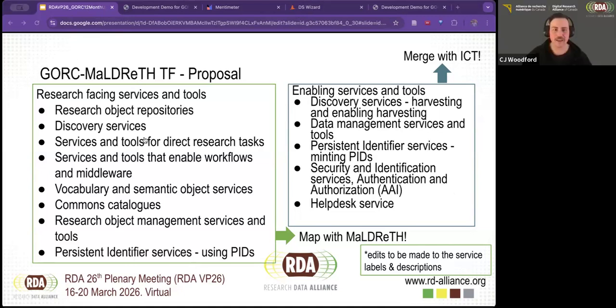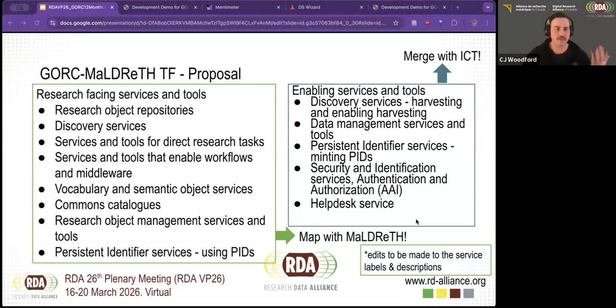Right, perfect. So I think maybe what we'll do, just looking at the time and seeing we've only got about half an hour left, I'm going to maybe switch gears and say, for those that are interested and have the time, we had also created a Mentimeter to go through some of the big questions that the task force had right now on the connections between enabling services and the research-facing services that we've identified, but then also some of the tough questions we had on integrity and quality control and where those sat.